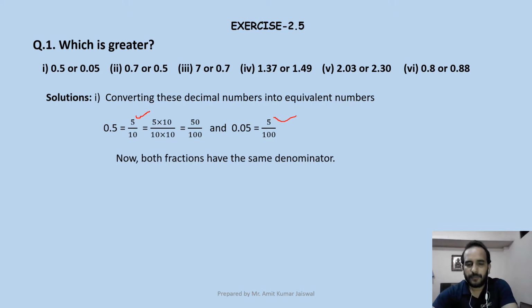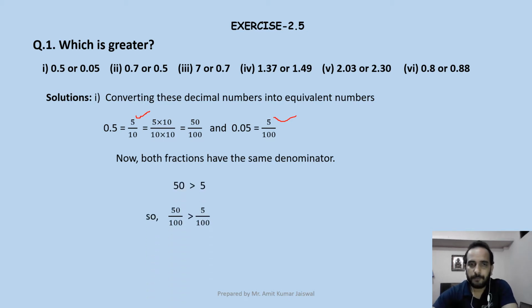So here we have 10 as the denominator, so we take the equivalent of 5 upon 10, that is we multiply it with the number 10, numerator 5 times 10 becomes 50 and denominator 10 times 10 becomes 100. So we are going to compare the numerators having the same denominator here. So now we have the denominator 100 and this 5 upon 100 we already have for 0.05. So now we can compare it.